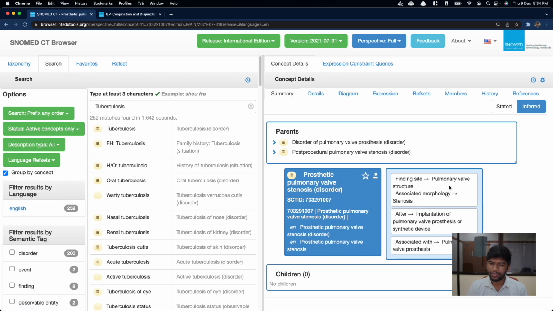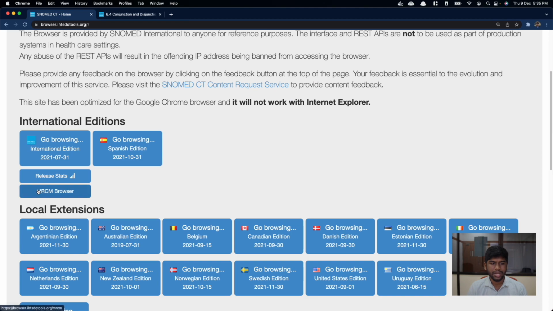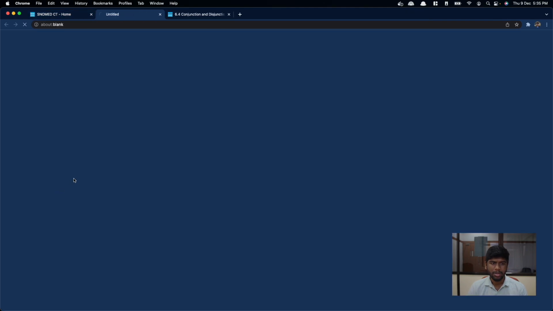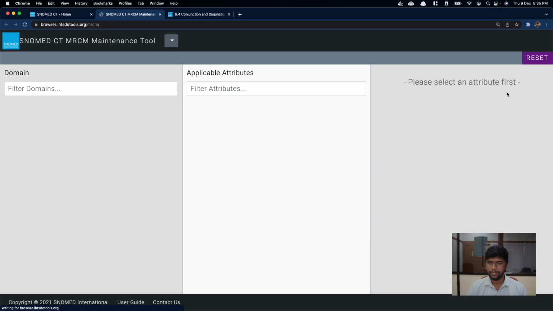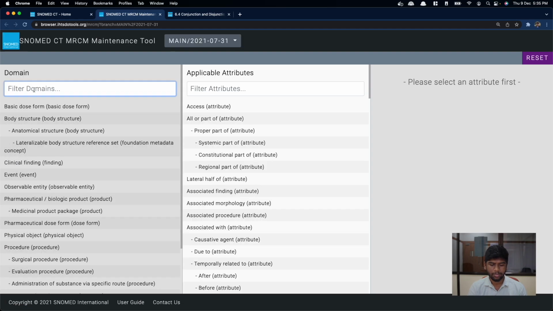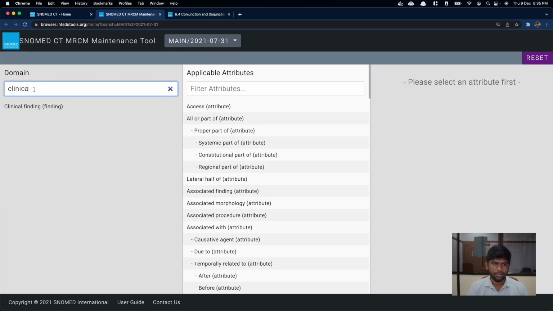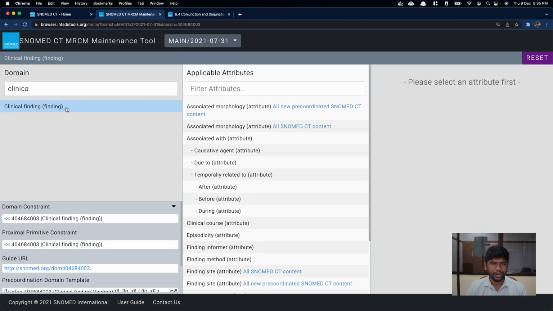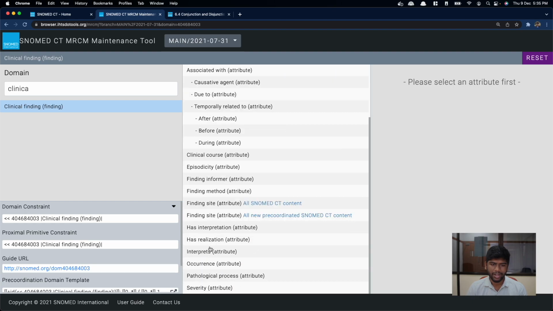So we have all of these different relationships here, like the finding site, the associated morphology, after associated with. So how do we know which concept has which relationships? That is actually defined in the machine readable concept model, or MRCM. So if you go to the MRCM and explore here, for example, clinical finding. It tells you clinical finding can have all of these attributes, right? So the clinical finding can have finding site, but it also tells you that the finding site,